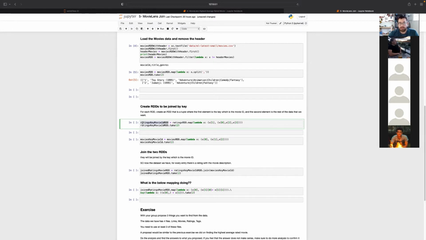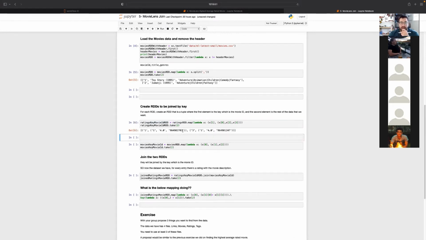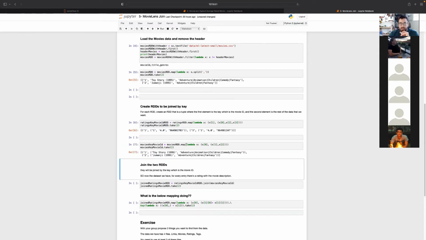So here I'm creating something called ratings key movie ID RDD, which basically gives me, for the ratings, an RDD in which the key is the movie ID, and then the value is a tuple with the rest of the data. So it has the user ID, the rating, and the timestamp. And for the movies RDD, I'm also transforming something similar. So I'm getting the